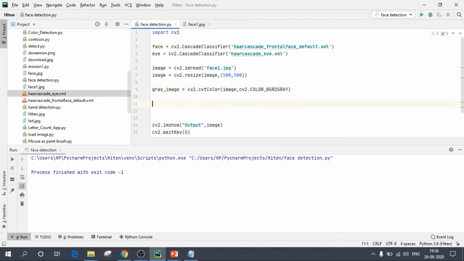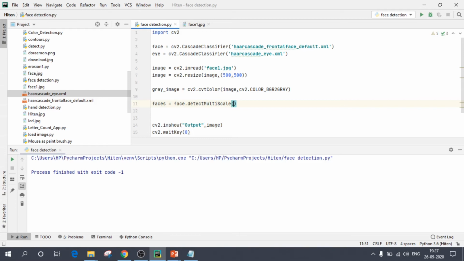Okay, so moving further, now we'll pass a function to detect some parameters. I'm creating a variable named faces equals to, call this classifier, that is the face classifier. So write face_classifier dot, there is a function called detectMultiScale.